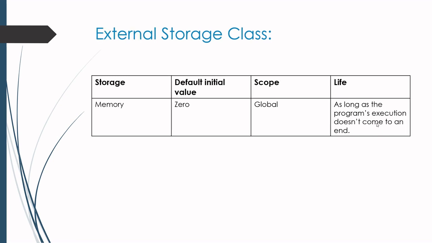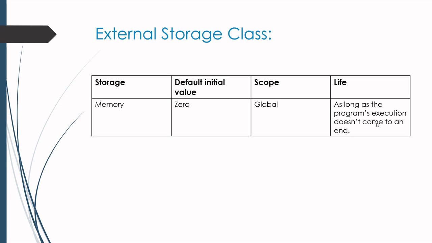Okay. And the next thing is the external storage class. The keyword that you use for the external storage class is extern, for the static storage class you use the keyword static, and for the register storage class you use the keyword register. And coming back to the external storage class, the term external itself reveals it's a global. External means global here.